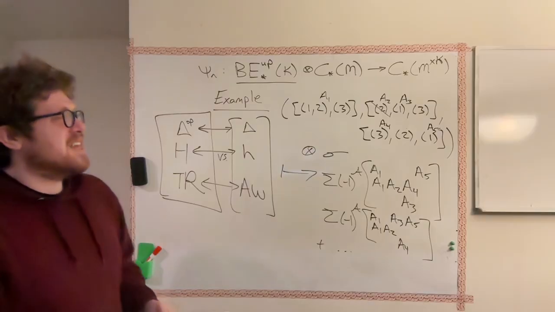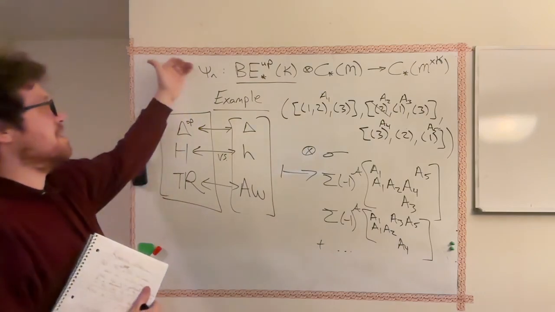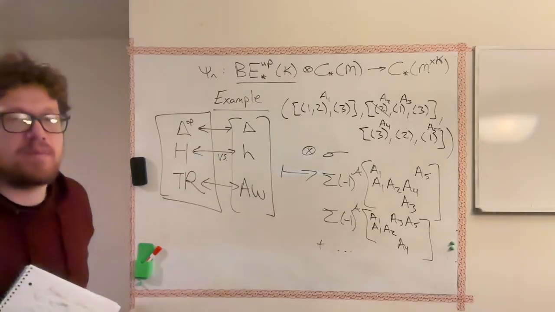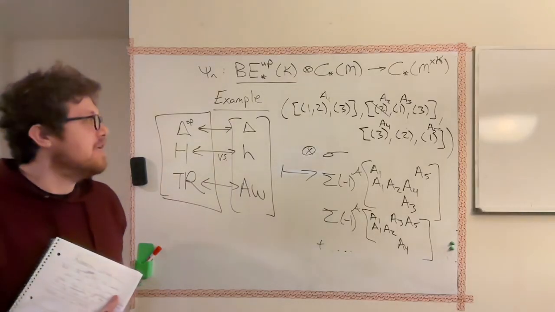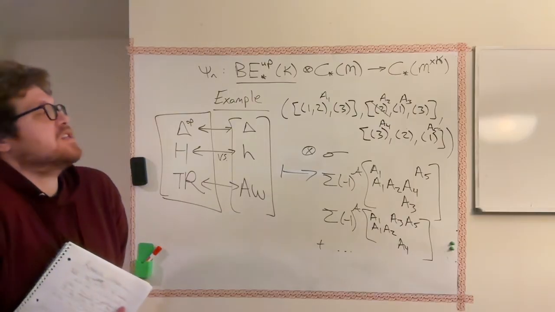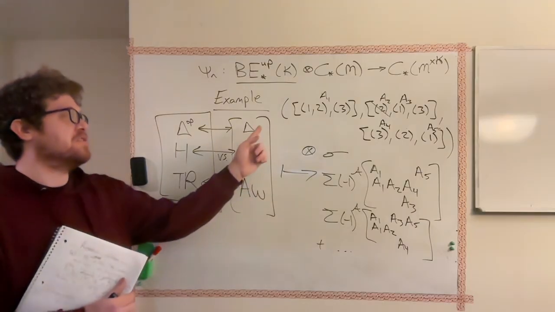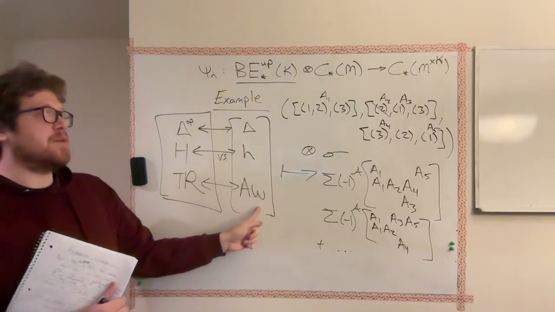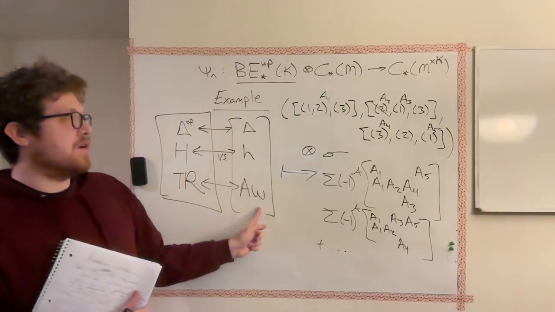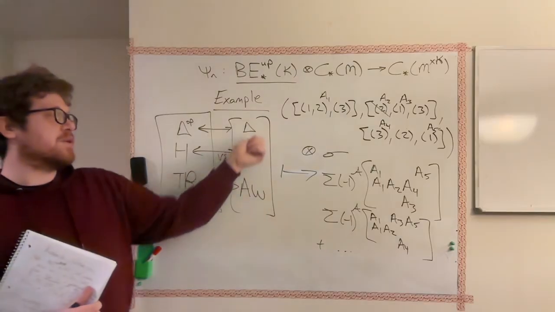Okay, so I guess next time I'll maybe go a little more in depth, or maybe we'll try to define this cyan a little bit more formally, but I have done it in my notes. I just don't think I'm prepared to really present it yet. But yeah, that should be the whole story, essentially. All of the graph homology terms are compositions of these delta, little h, and AW at the end to get the correction term. And our conjecture says, it's sort of hard to keep track of what's going on here, but